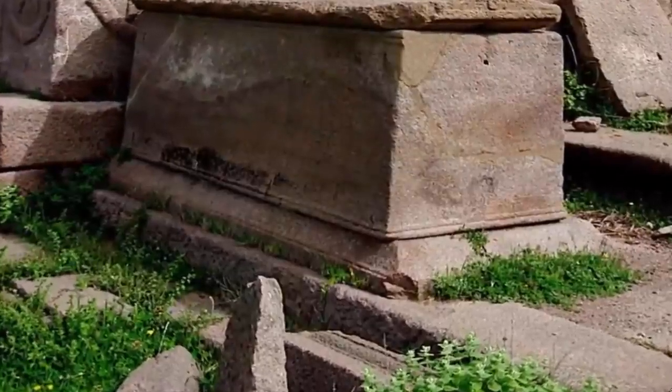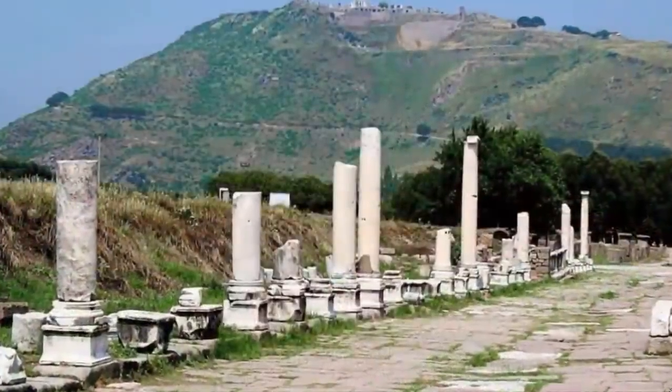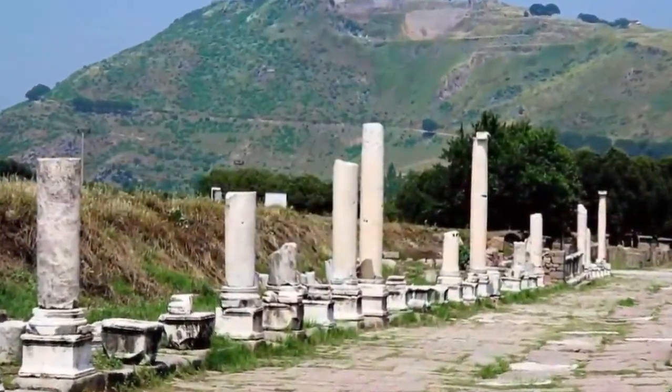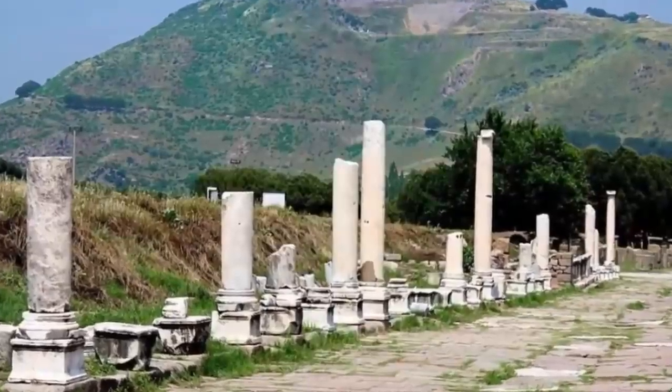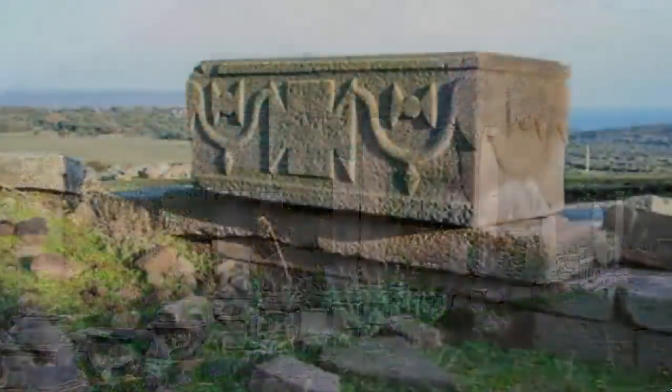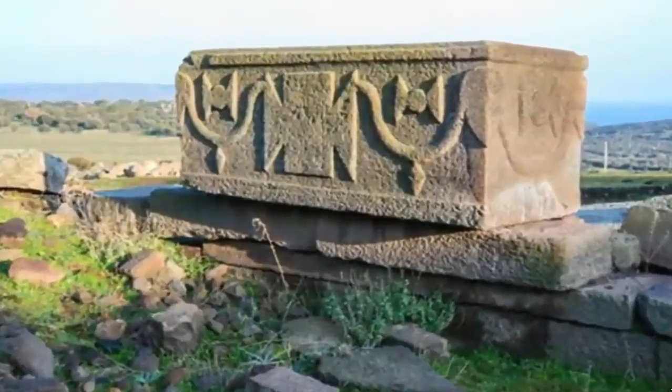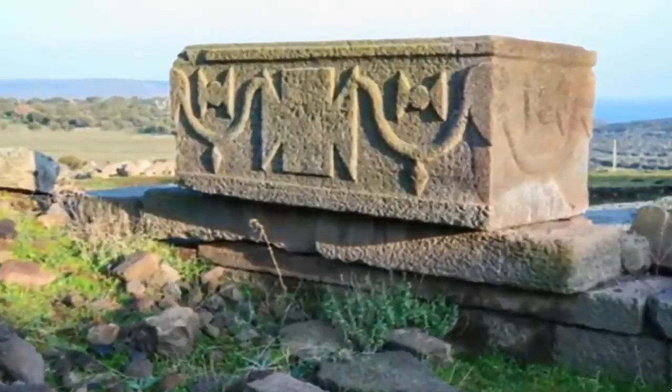Maybe the locals of Assos somehow figured out that aluminum could corrode flesh if added in specific quantities to the stone, subsequently putting this material inside the tombs to decompose the bodies within a short period of time. The Meat Eater tombs of Assos become more famous every day as more and more specialists become aware of their